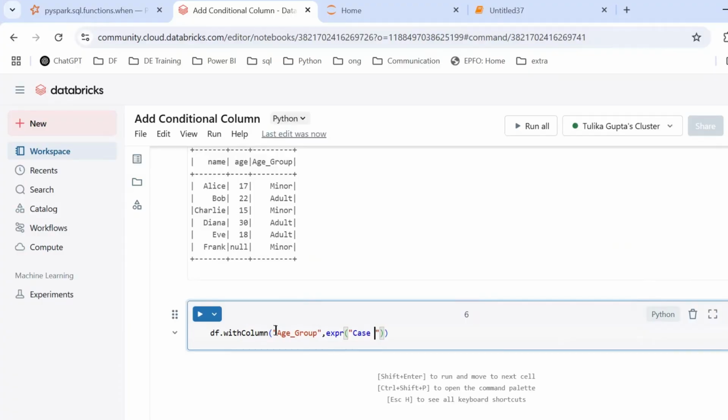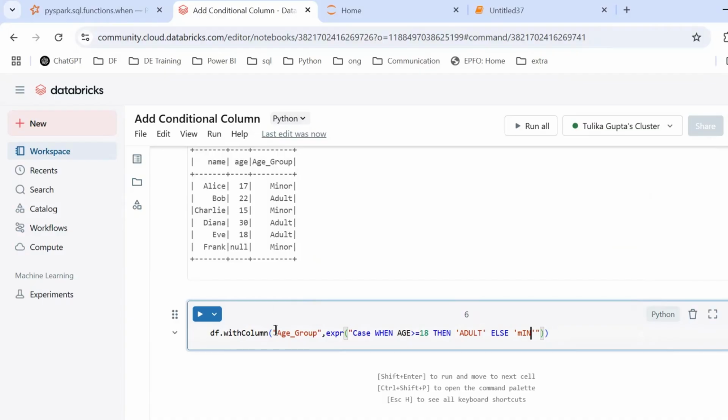So case when age is greater than or equal to 18, then adult, else minor. Also, I'll put this in single quotes. Looks good.